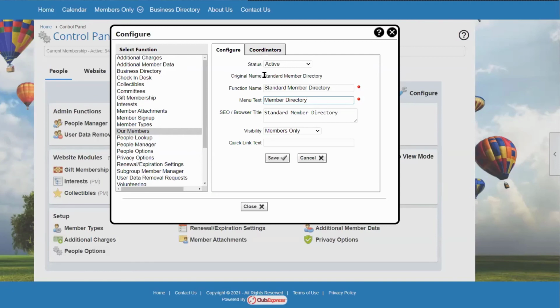So this is the actual name of the module. This is what I want to call it when I'm seeing it on the control panel. And then the menu text could be different. And then you have this thing here that says who can view it. There's also a really cool thing is that we could just call this